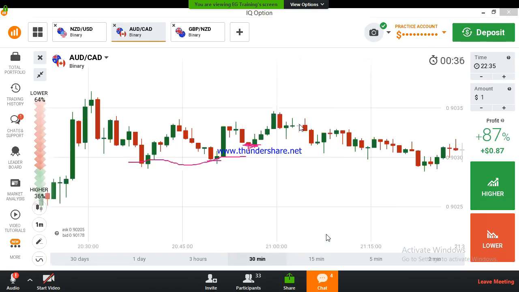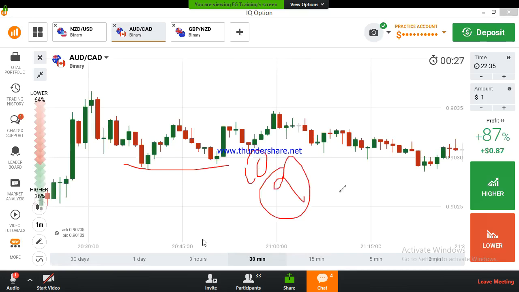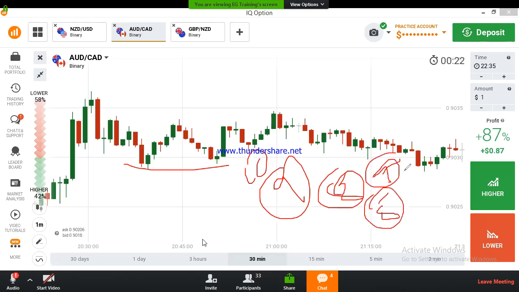We can get so many strong levels, but some levels will reverse mostly. Out of 10 trades, some will reverse 9 times, some levels 8 times, some 7 times, some 5 times. But we can trust a level if the market reverses more than 7 times out of 10 touches.